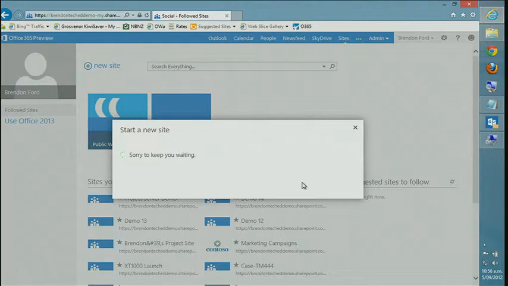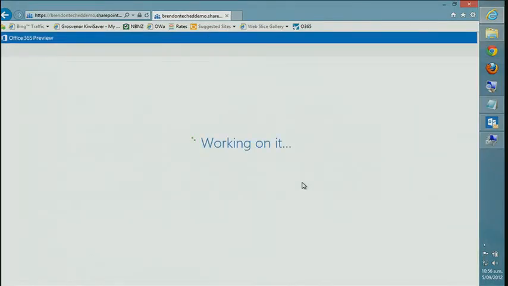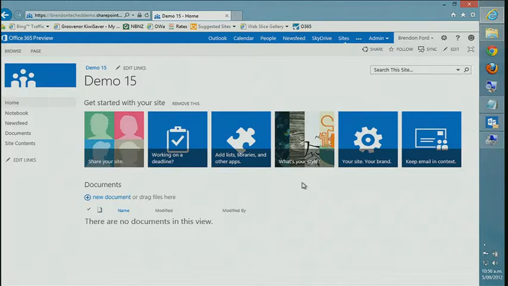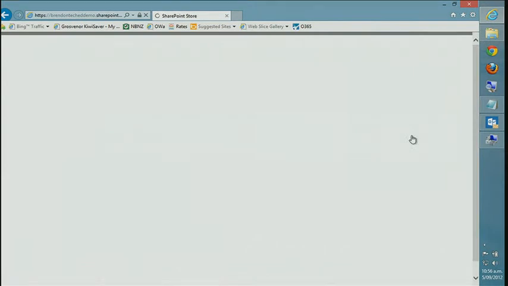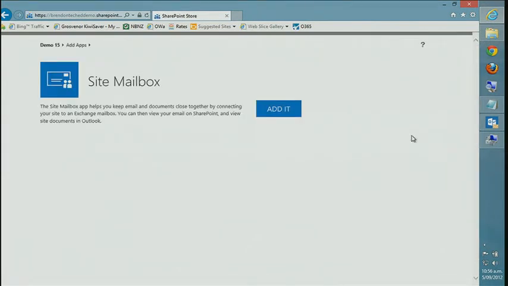So it's just going to go away and provision a new site for me, so that hopefully we can have a bit of a play around with that as we go through. And what I'm going to do in this new site is go through and create a shared mailbox from SharePoint. So today in Office 365, creating shared mailboxes is a blend of the Exchange experience and